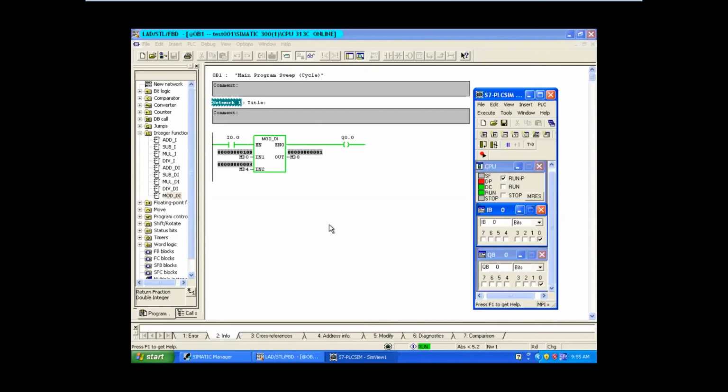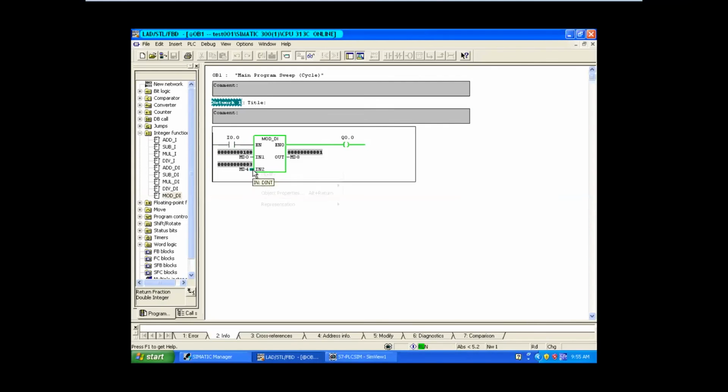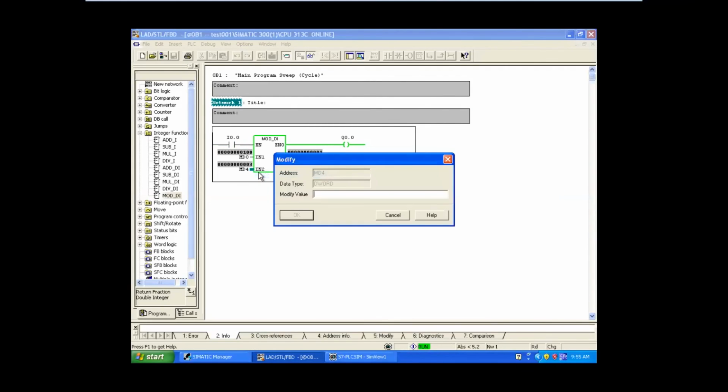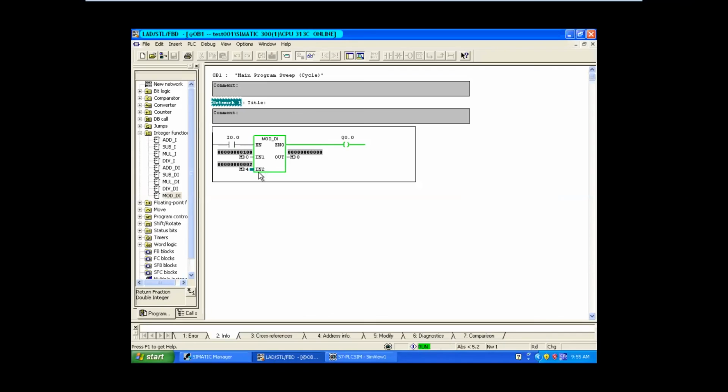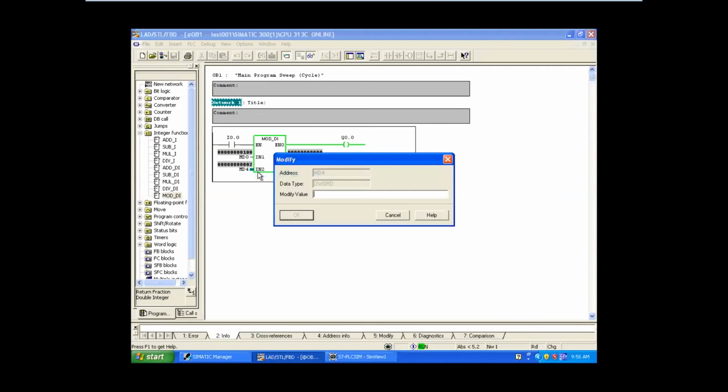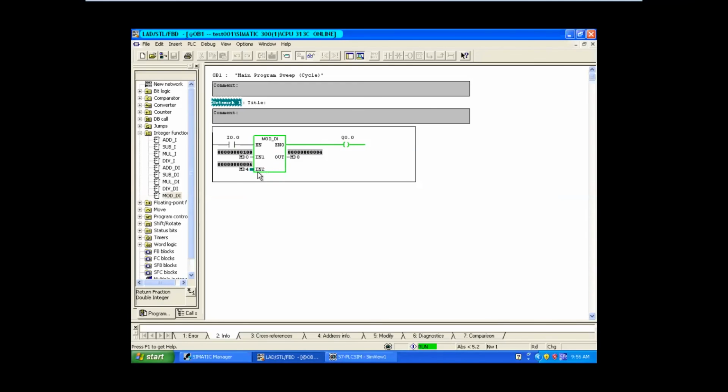So we'll change. We'll give 2. What is the remainder? 0. Correct. I'll give 5. I'll give 6 now. 4 is the remainder. Correct. 94 will be coming, 96 will be coming. So 4 is the remainder. Got it? So the mod function we have in the double integer block.